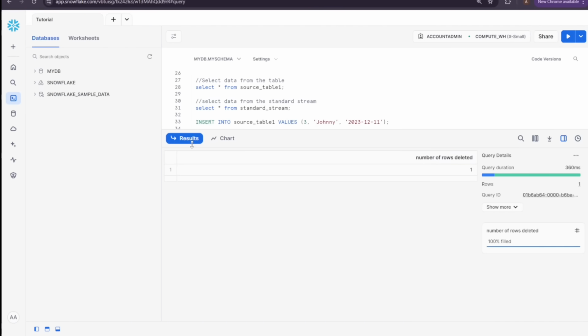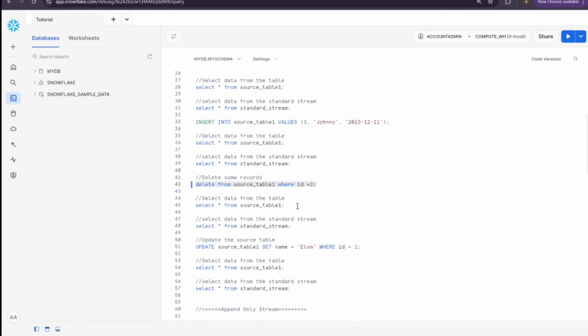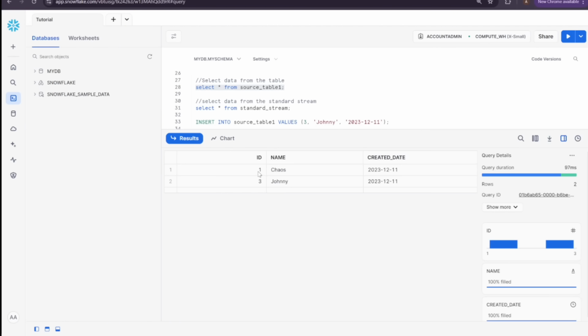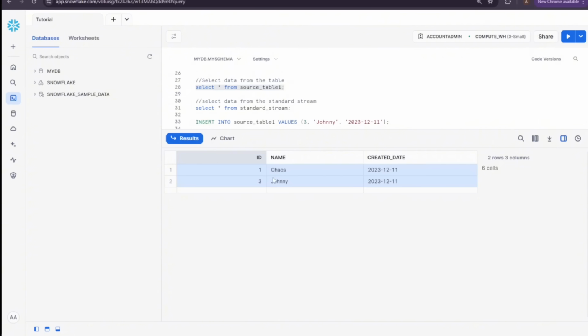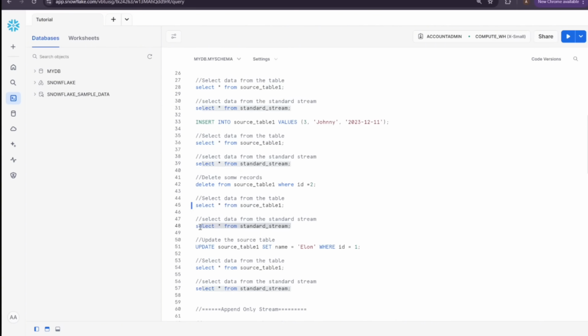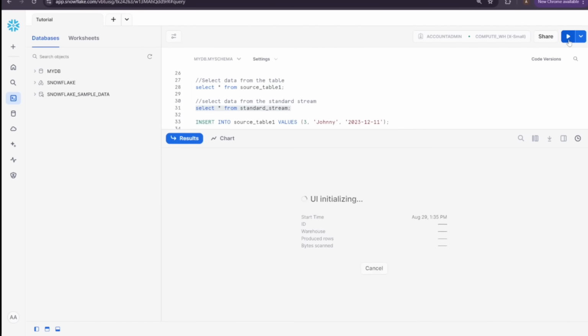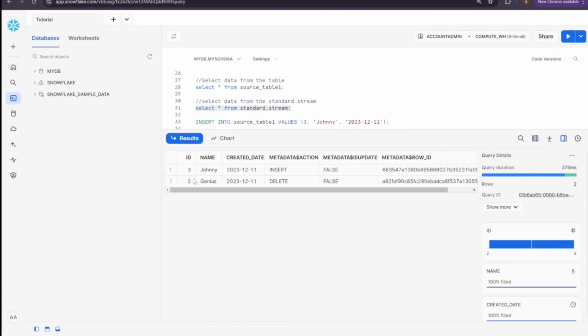So now you have deleted that record from your source table. Now, if you do a select star on your source table, you should be able to see only 2 records, where you have deleted the ID equal to 2. Now, if you go back and query your stream, you should be able to see the record number 2 also